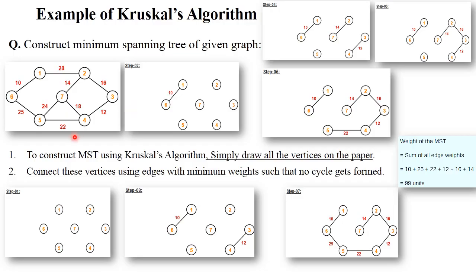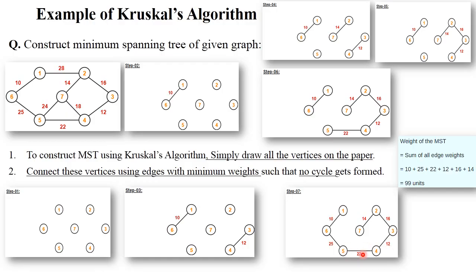Next, the next minimum path is 18 after 16, okay? Sequentially 18, that is 7 to 4. Now see here, if you add 7 to 4, that is 18 here, then a cycle will be formed, right? Here a cycle is created, but a cycle is not allowed in Prim's and Kruskal algorithm, right? So you should simply reject this step and move to the next minimum weight. The next minimum weight after 18 is 22, okay? So add 22 here, that is 5 to 4,